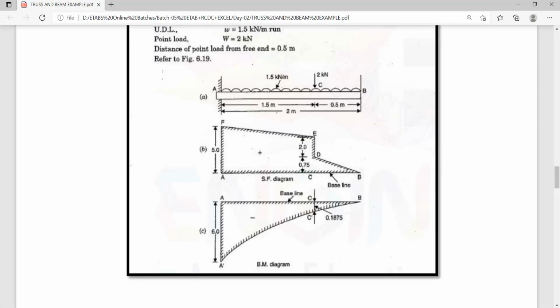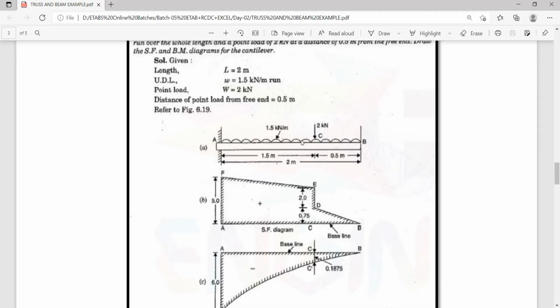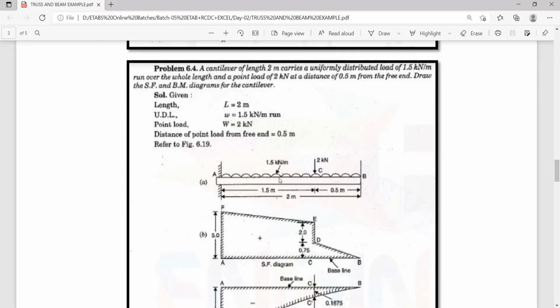Now next step is what? We have to assign the load. So first of all, we have to assign this point load. How to assign the UDL load, we will discuss it later. But before that, you are well aware of how you can assign the load. So to assign this load, either we can assign the load to the joint or to the frame. What option we should follow? Either you would like to assign the load to the joint or to the frame.